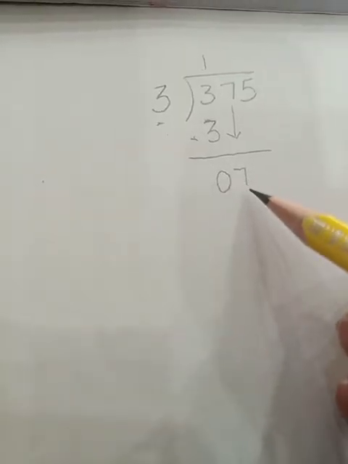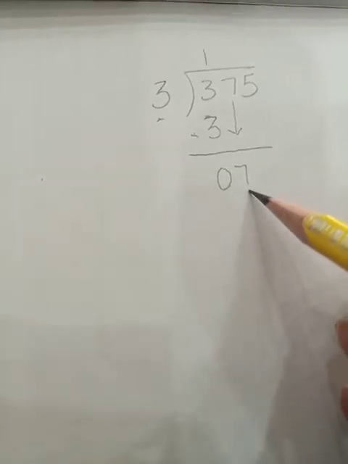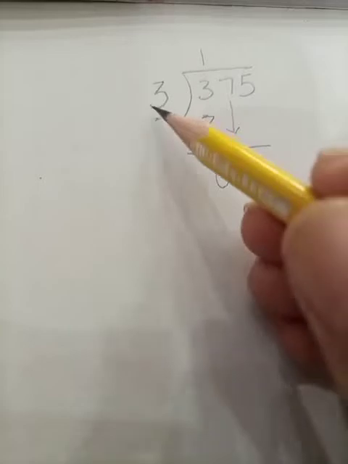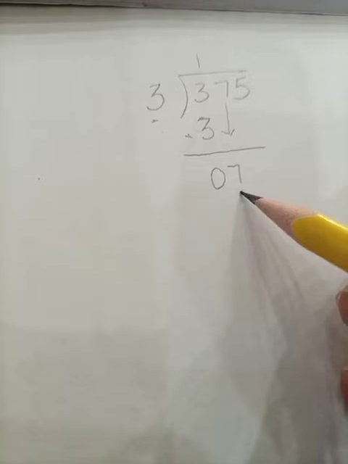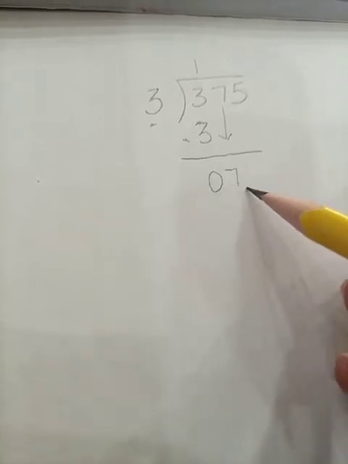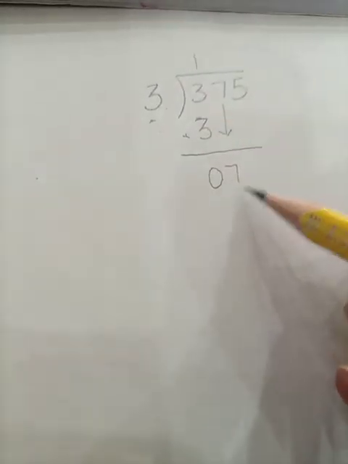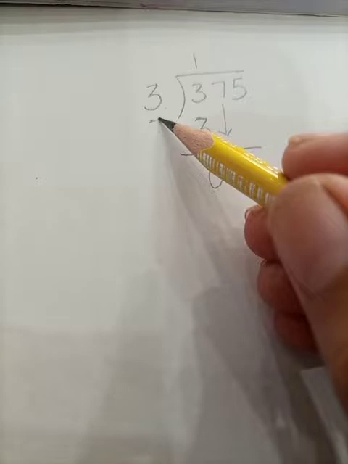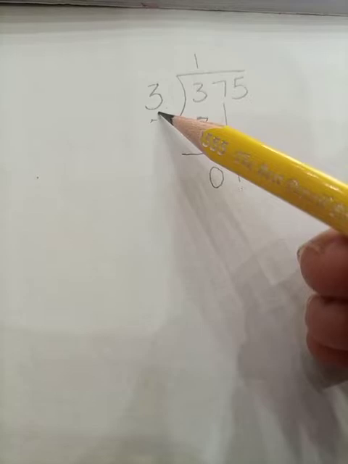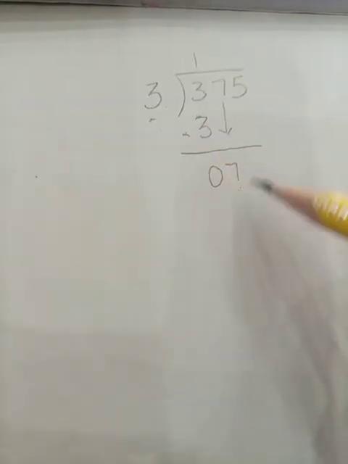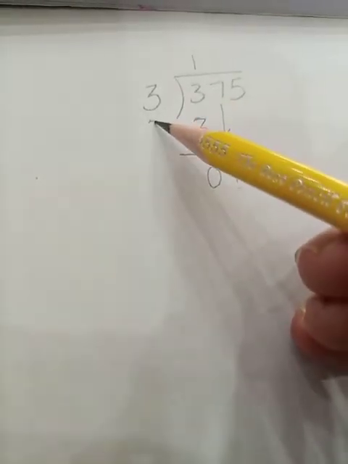Now tell me students, here I have the number 7, and look at this. This 7 is larger than the 3, so I can divide it. Remember students, we have learned earlier that the remainder or this number should be greater than our divisor. Okay. So students, this 7 is greater than the 3, our divisor, so we can divide it easily. So students, we are going to read the table of 3 to solve the next part of this question. Okay. So students, read the table of 3 with me.